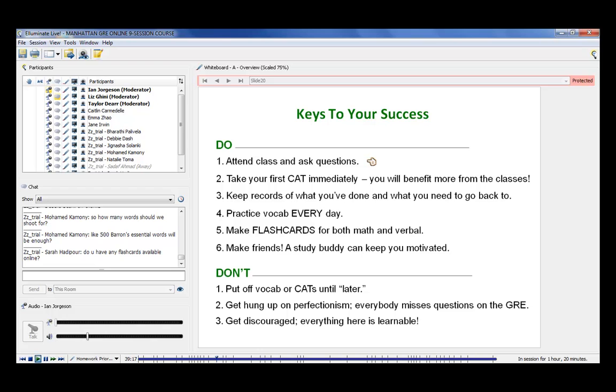I'd rather you learn 400 words really, really well than 3,000 words really badly. So 3,000 words is way overdoing it. And that Barron's book that has 3,000 words, I know exactly which book you're talking about, Jignasa. Most of the words in that book have never appeared on the GRE before. That book is, I think, a pretty mediocre book, because I've been taking the GRE for 11 years now, and a lot of those words I've never seen on the